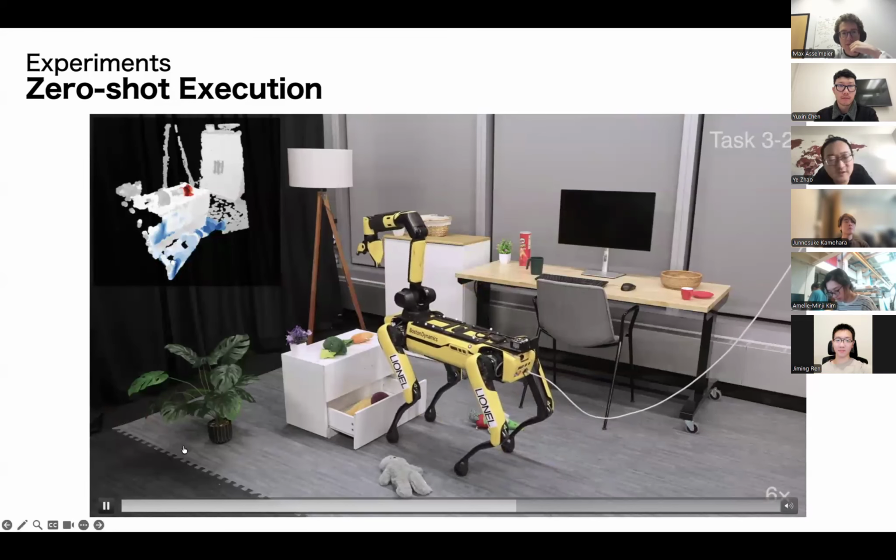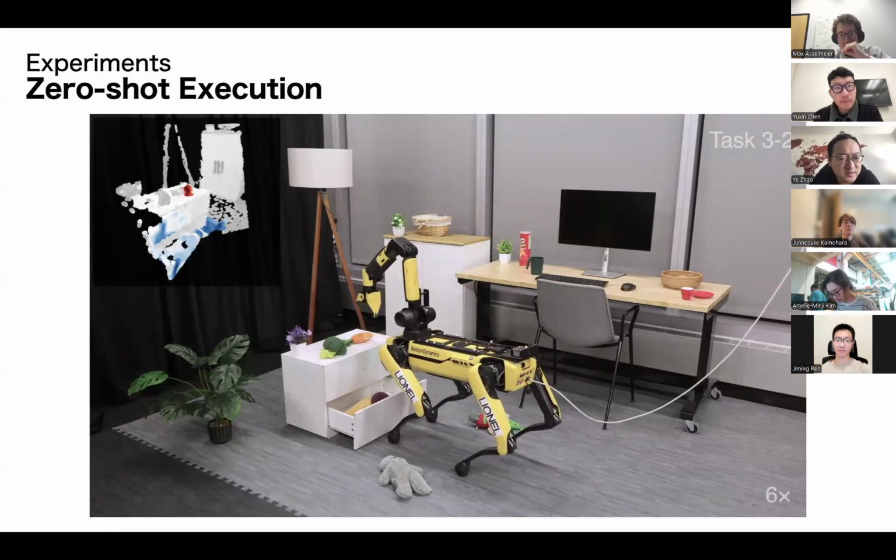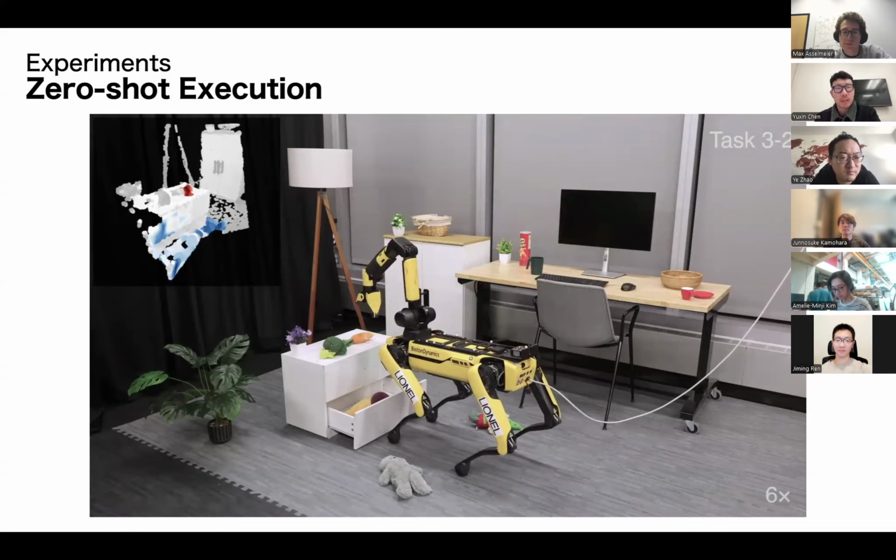So quick question, does the robot or the policy know the object semantics? You mentioned it's just a set of point clouds, so it doesn't really know. So all the semantics is pre-processed during the calculation of the heat map. So for the policy, it just takes in the point clouds and the highlighted point cloud for each affordance. So it does not really care about semantics.